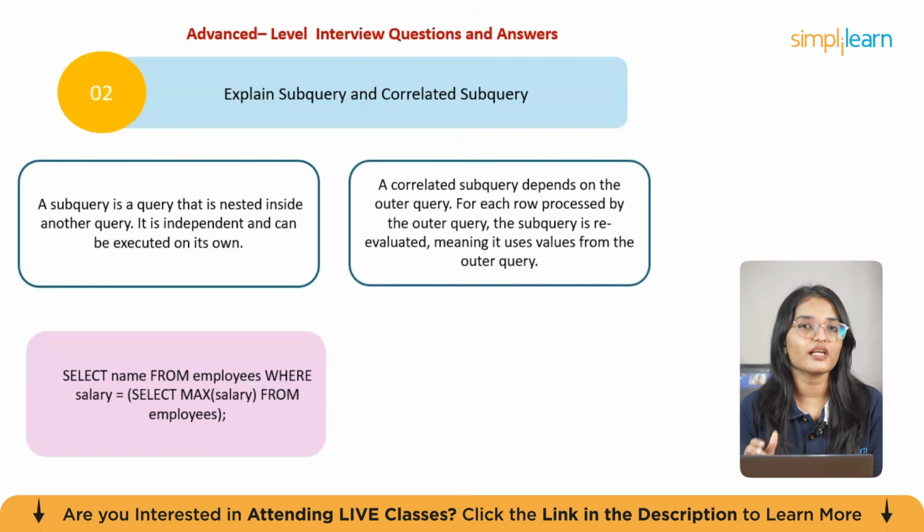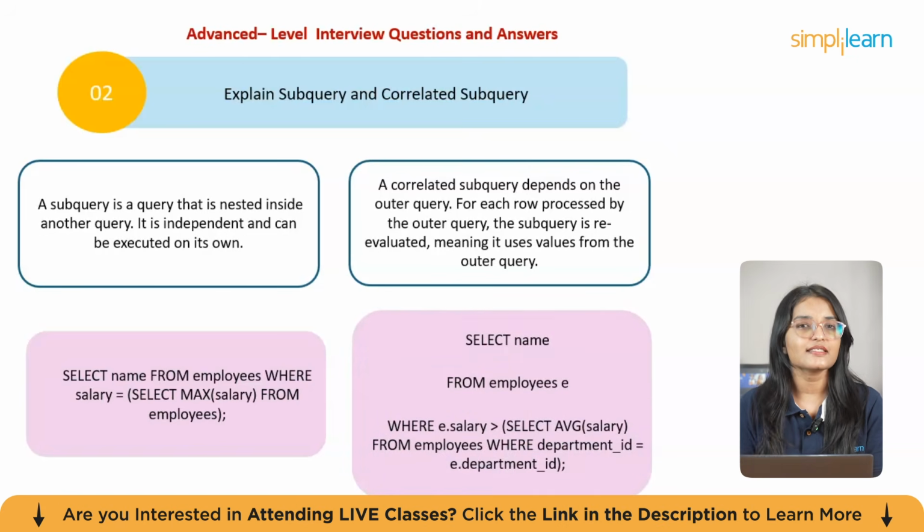Now talking about correlated subquery, a correlated subquery depends on the outer query. For each row processed by the outer query, the subquery is re-evaluated, meaning it uses values from the outer query. Let's look at the example. SELECT name FROM employees E WHERE E.salary > (SELECT AVG(salary) FROM employees WHERE department_id = E.department_id). Now in this case, the subquery uses the department ID from the outer query, which is E.department_id, making it